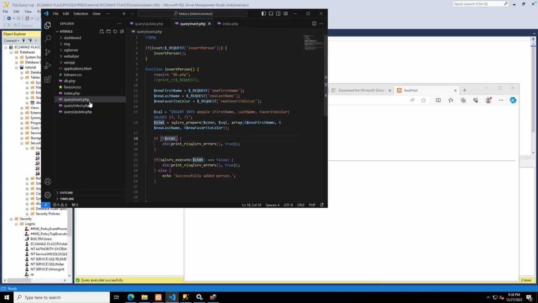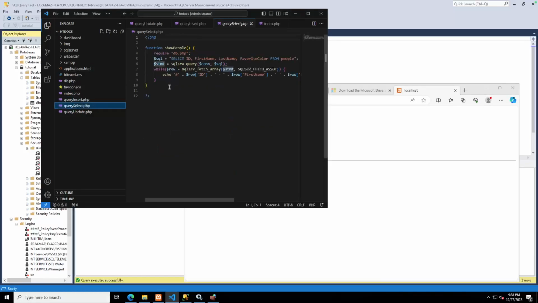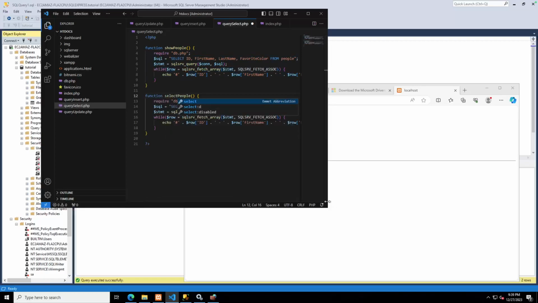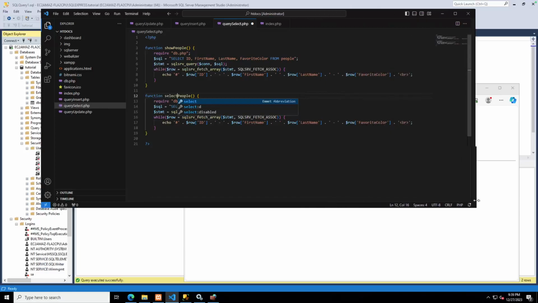So that'll be in our query select. So we've got show people. That's pretty much what we want, so let's base a function off of that. So we're going to copy it, and we're just going to make a few changes on it. I'm going to call it select people, because it's going to be giving us, it's a select statement, but it's also giving us an HTML select